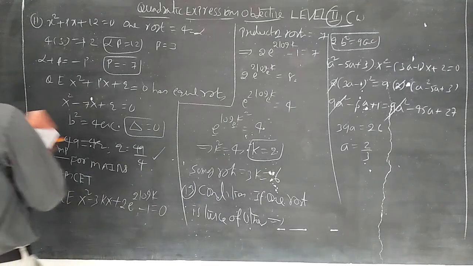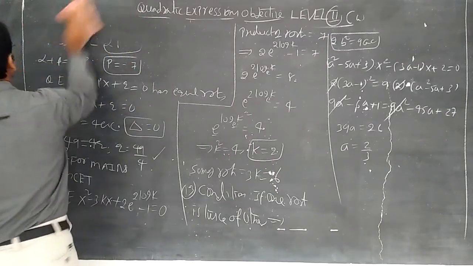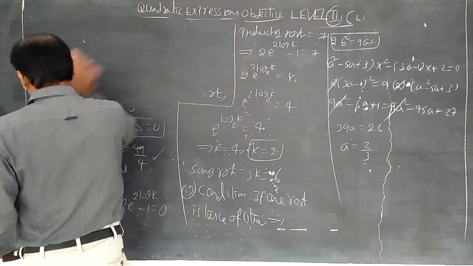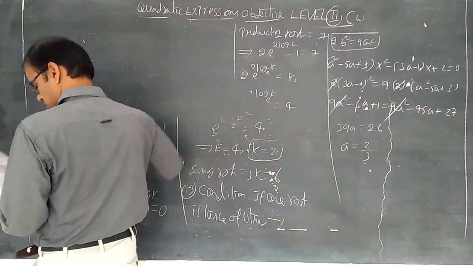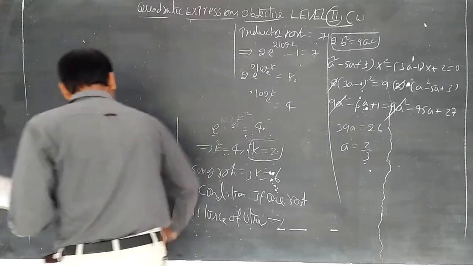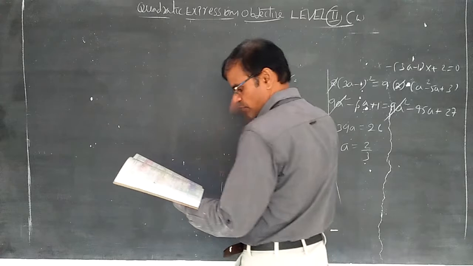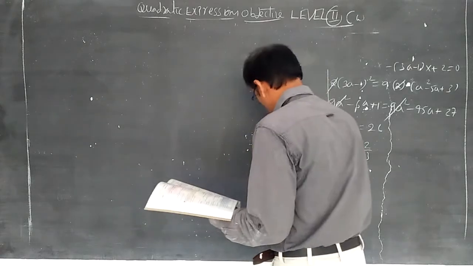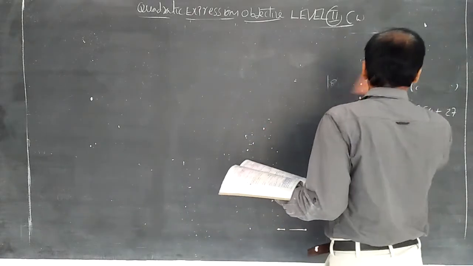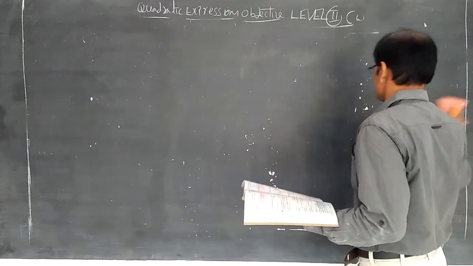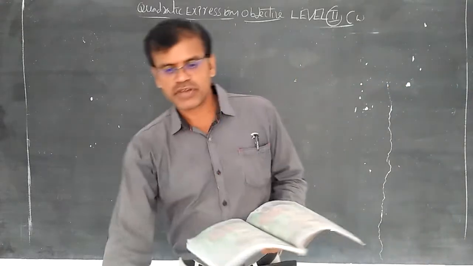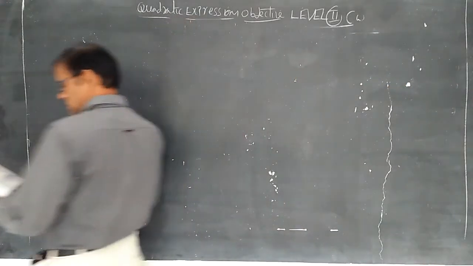Two students, while solving a quadratic equation in x, one copied the constant term incorrectly. So a quadratic equation contains 3 terms: coefficient of x square, coefficient of x, and constant term.